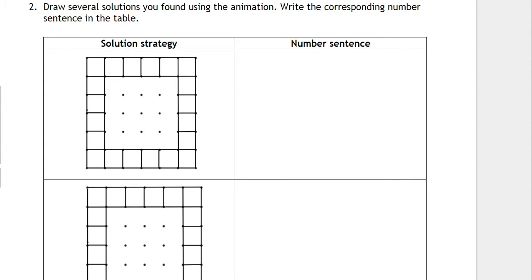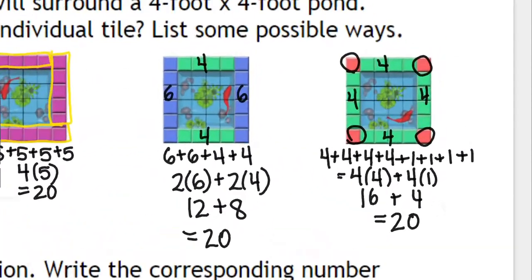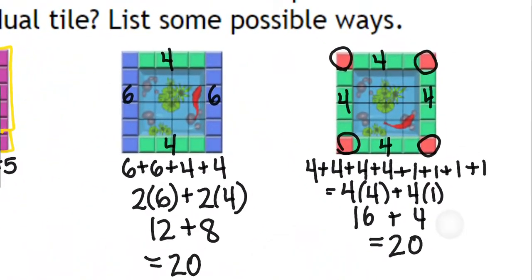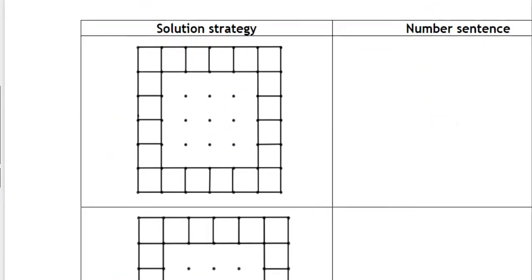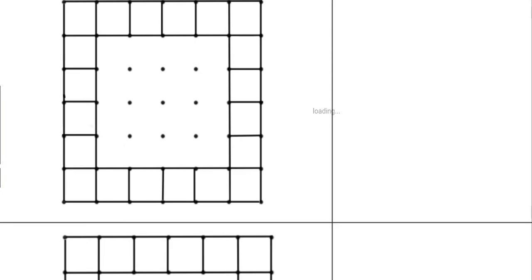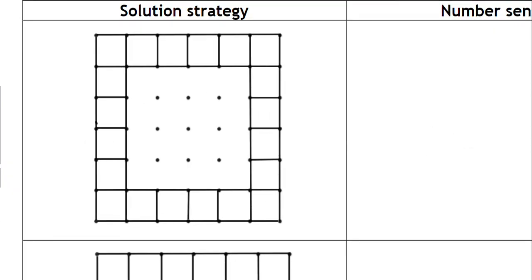So what I would like you to do with this one is we're going to focus on these last two right here, the 6 and 4 and then the 4 and 1s, so that we can take a really deep look at them. But let's start with the 6 and 4 on this picture. So I've attempted to draw you a grid. It's not the most beautiful work of art I've ever done, but